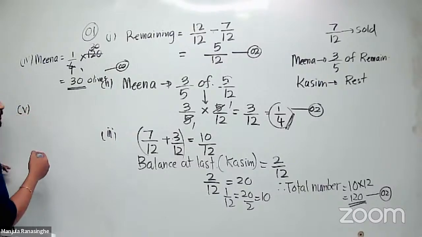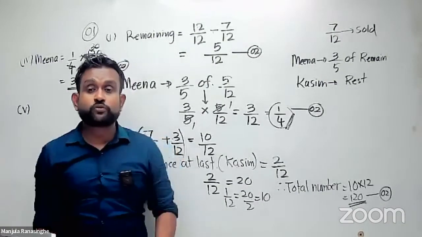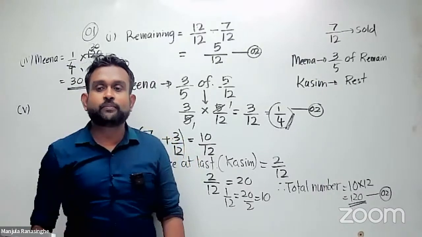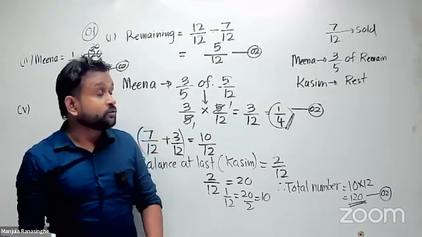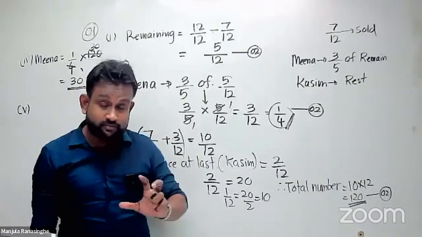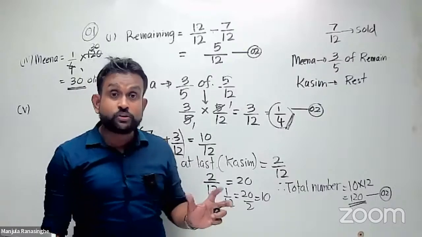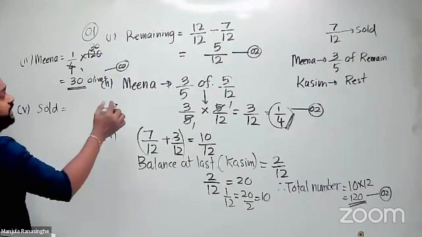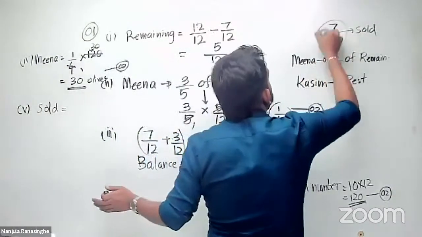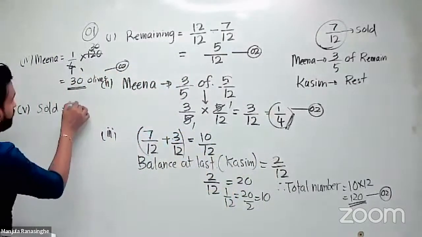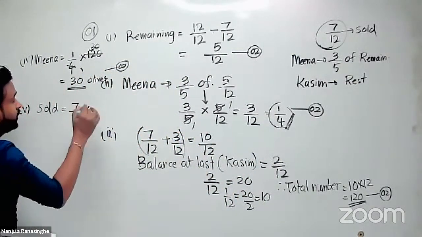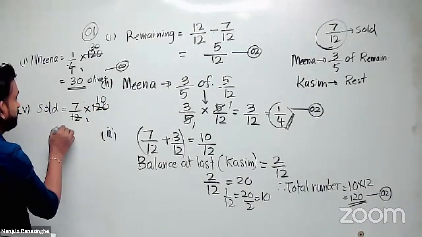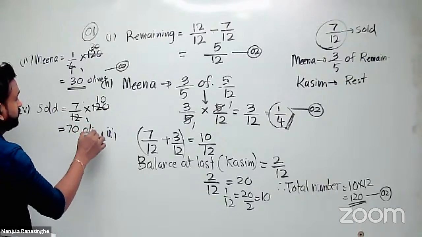Then the last one: if an olive was sold for 2 rupees, find the total amount gained by selling olives. So now you can find the number of sold olives, right? How many olives were sold? Take the fraction 7/12 sold. You can write 7/12 of the total. Total picked up is 120. 12 ones are 12, 10, 10 times 7 is 70. So 70 olives